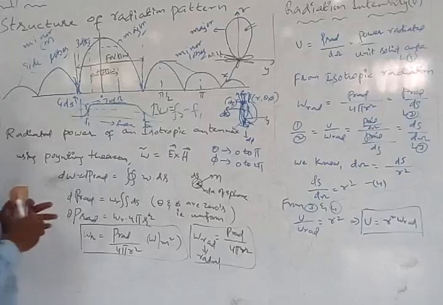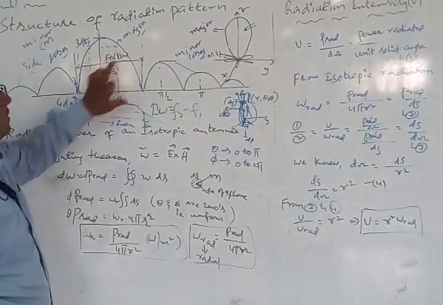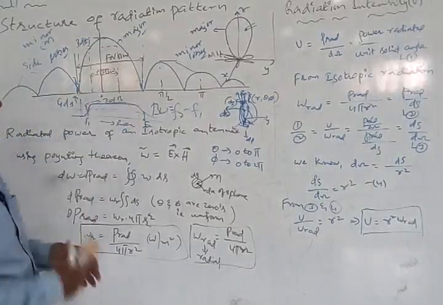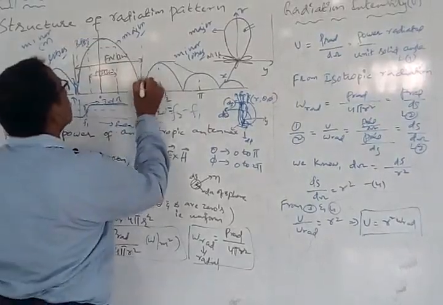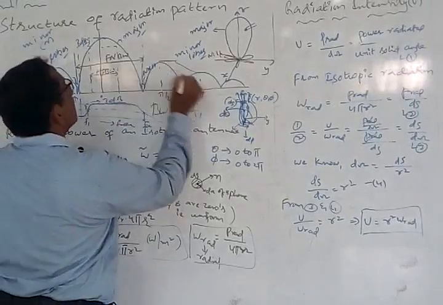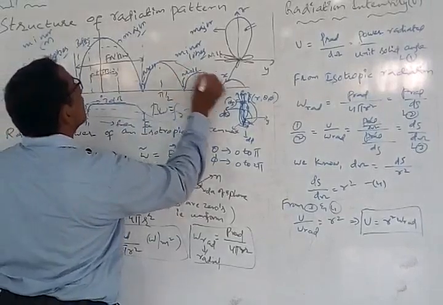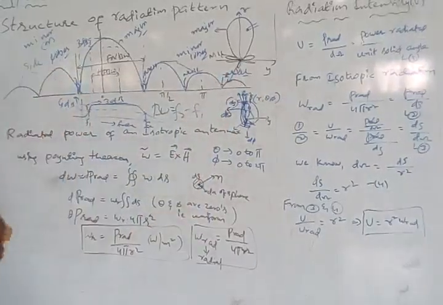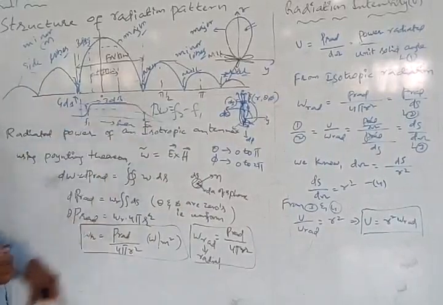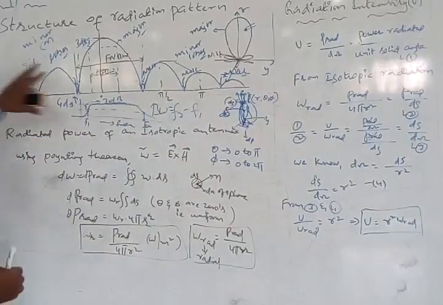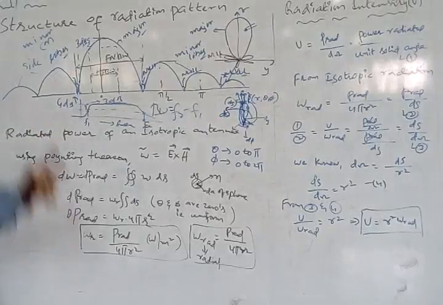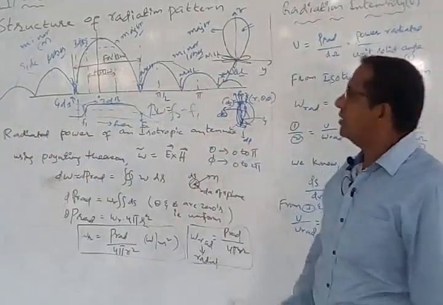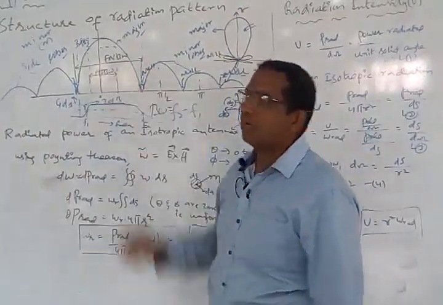From this particular spectrum, we get the first null beam width and the half power beam width. We can locate major lobes, minor lobes and null points. These are the null points: this is the first null, this is a null point, and this is also a null point. We will get many null points at the end of the pattern. Like this, we draw the structure of the radiation pattern and locate the important parameters on it. There are two important parameters, first null beam width and half power beam width.